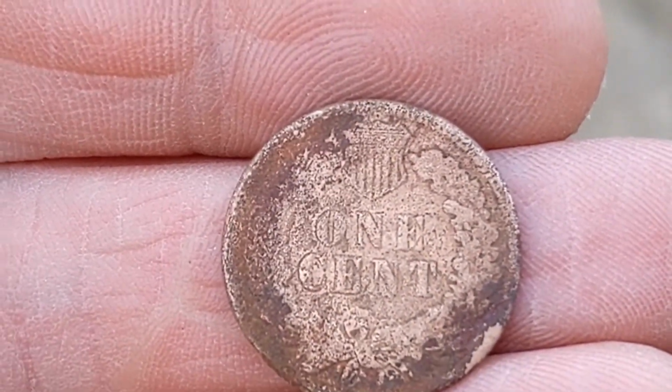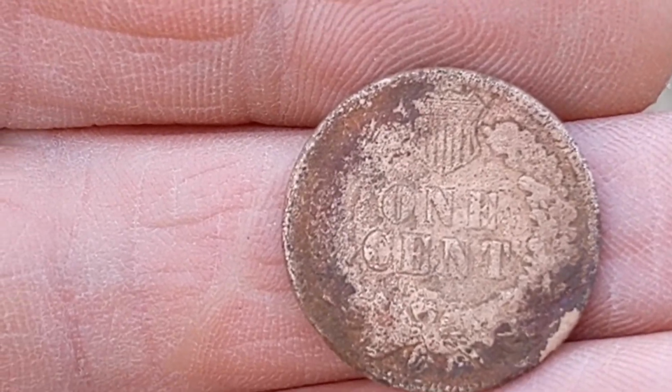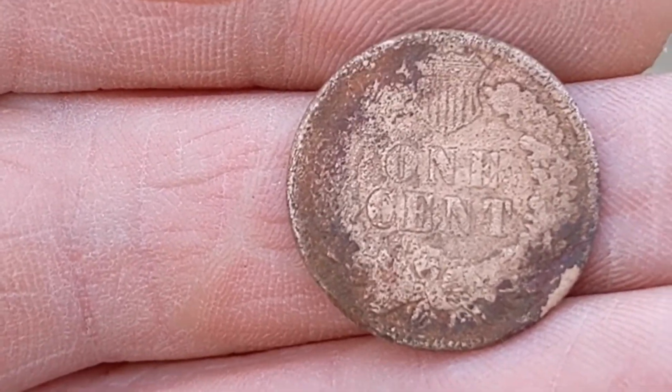Right folks, it's the next day and I've done a bit of research on that coin that I found yesterday and it's unbelievable what it is really. That was an American Indian head penny from, well, I've got a date of it about 1870 something. That's incredible. I initially thought that could be an Indian head penny, but then your mind just kind of rejects that idea straight away because there's no way that